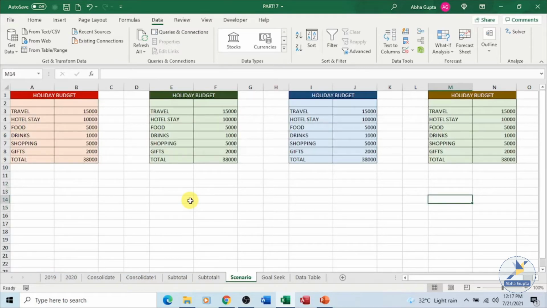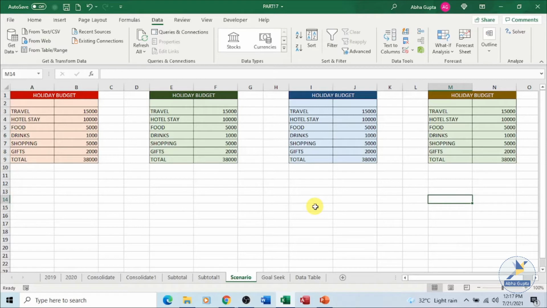Let us now talk about the what if analysis features of Excel, which is a very powerful feature, and it is the process of changing the values in cells to see how those changes will affect the outcome of a formula on different worksheets. Like we have some data over here and we want to see what will be the different scenario. If we have different scenarios, what will be the effect if we change the values in one or more cells. That can be done very easily using the what if analysis feature of Excel.